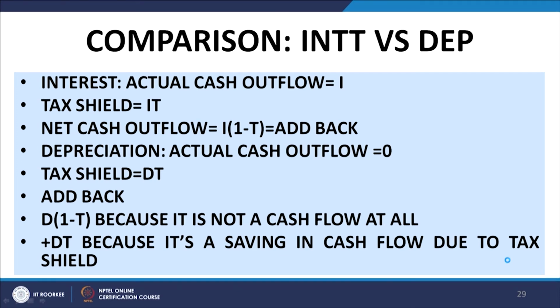The actual cash outflow is 0. The tax shield is DT. Please note, this tax shield is a cash item, whereas the debiting of depreciation is not a cash item. So, we need to add back D into 1 minus T, because it is not a cash flow at all. If you consider the tax effect on the debiting of D to the profit and loss account, D into 1 minus T is the after tax effect of that, and that will have to be added back. Why? Because this is not a cash flow. D is the depreciation and this is the post tax depreciation, but being a depreciation, it does not entail any cash flow. However, D into T is also required to be added back, because this is a saving in the amount of tax that you get on account of